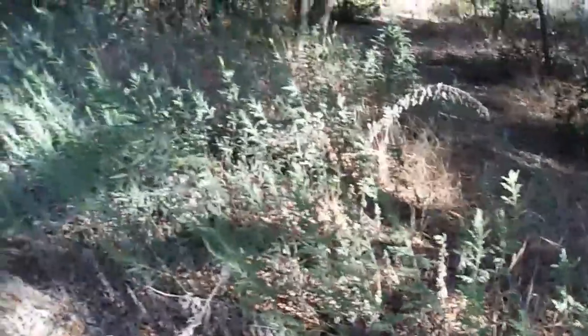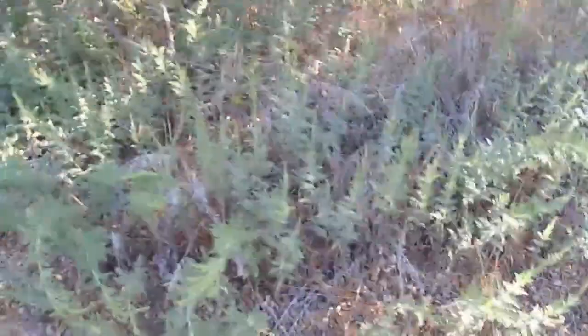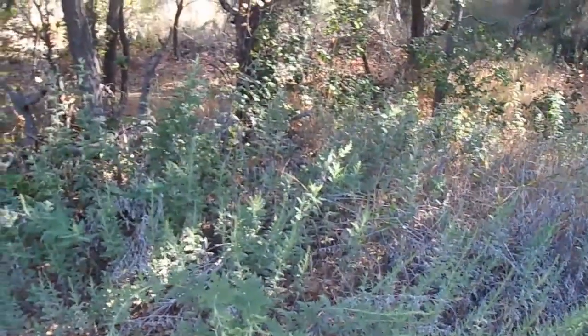If you have a part of your yard that is maybe filled with some large shrubs and some trees, kind of like a woodland aesthetic, I think western ragweed to me would be kind of a nice accent plant, because where a lot of the ground is brown and dry, this provides a nice color of green during the dry summer months here in Southern California. I believe it has quite a wide distribution here in the continent of North America. I will post a little more specifics about that, but where I've been here in low elevation Southern California, it's